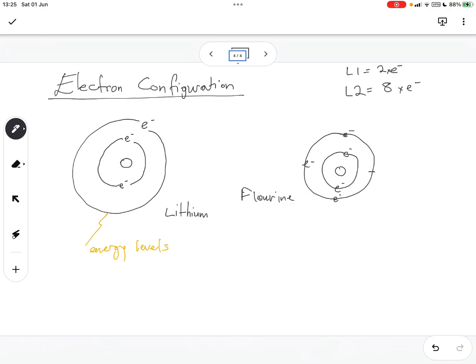And then we have 1, 2, 3, 4, 5, 6, 7. Oh, so we don't have an 8th one. Yes, 7. All right, so the other thing with chemical reactions that we need to always keep in mind is